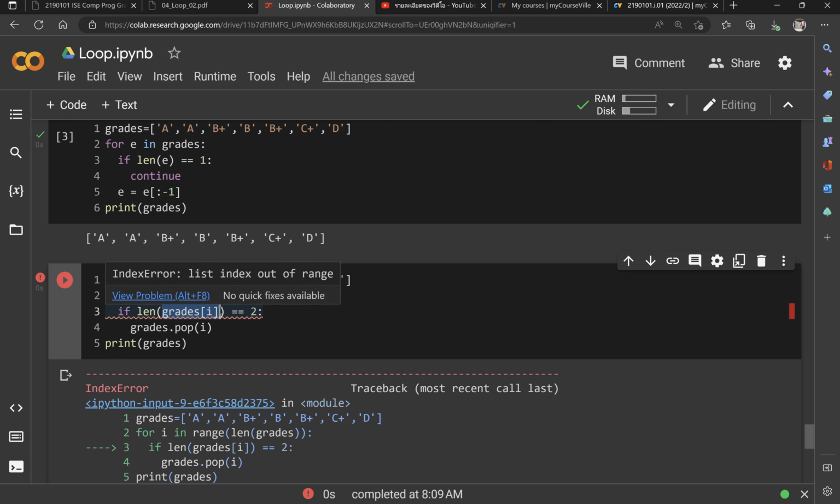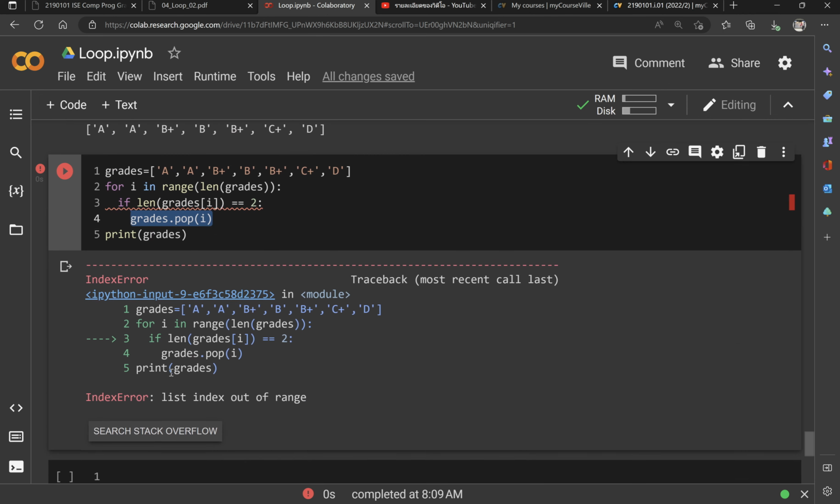So you can use grade 6. I is 6 can be used, but you remove it from this list, so it won't work like that. So this will be index out of range,